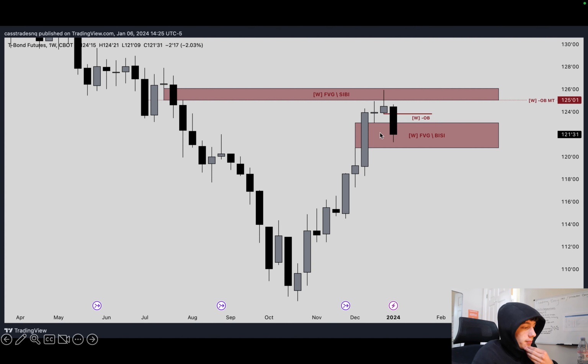Now for the bonds, I don't have a very strong bias on the weekly chart because it could be just a simple retracement. But that's one thing I'm going into next week with, and I want to look for how we're going to trade around that area, if we're going to treat it as resistance or we're going to trade below it and then see how we move from there.